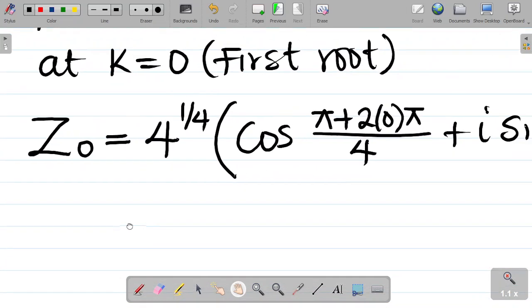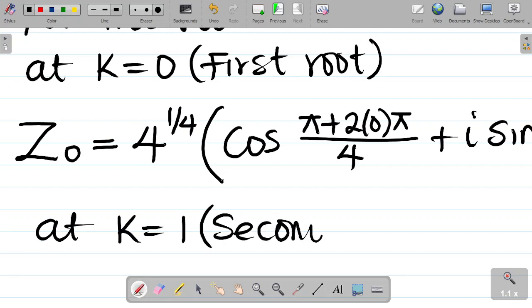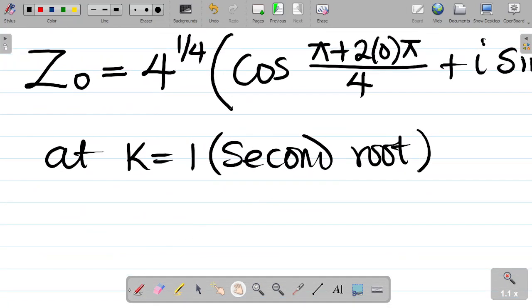Let's go and get the second root. We'll follow the same pattern as for the first root at k equal to 0, for the second root at k equal to 1. I'll get my second root from this. So let's get the second root here. For the second root, we have that